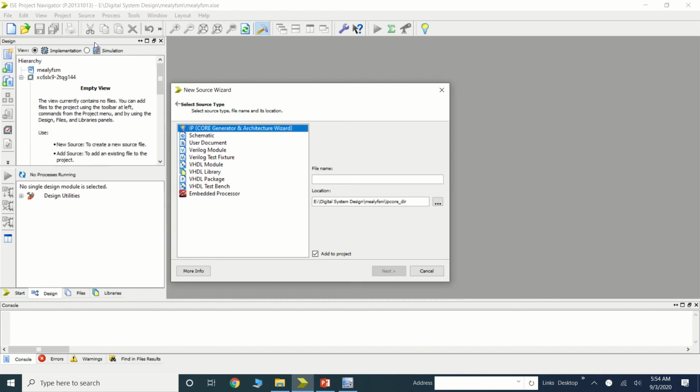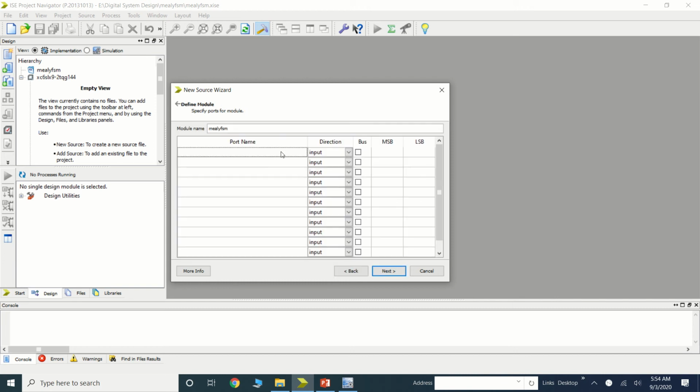Select the project, select the Verilog module, Mealy FSM. Here you provide your inputs. I am selecting in, clock and reset as inputs, and out as the output.